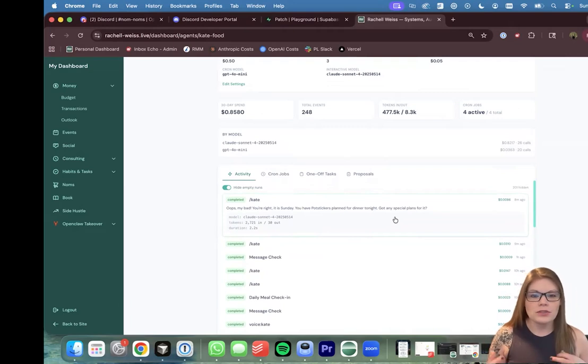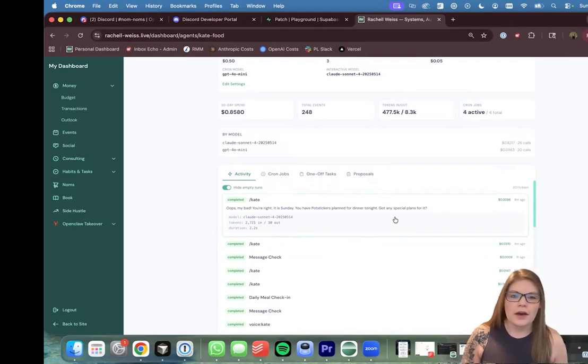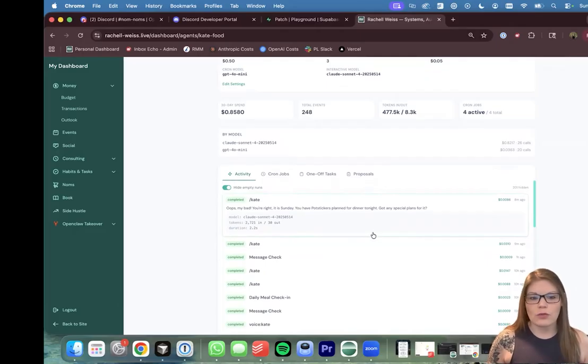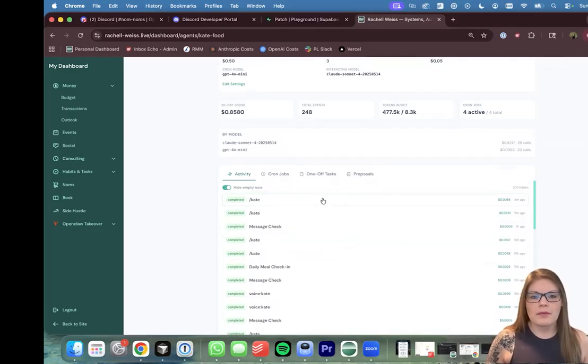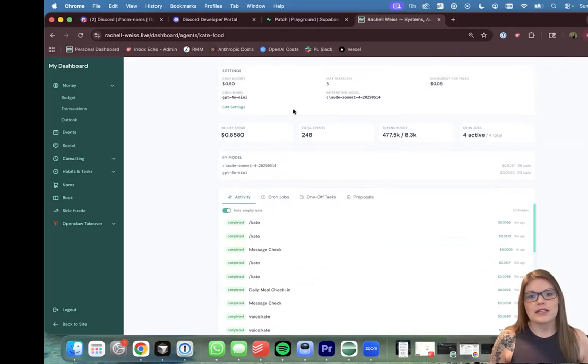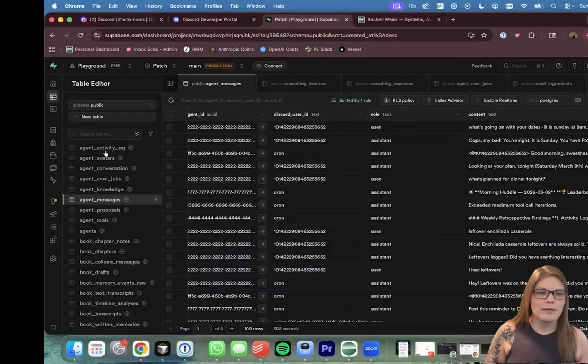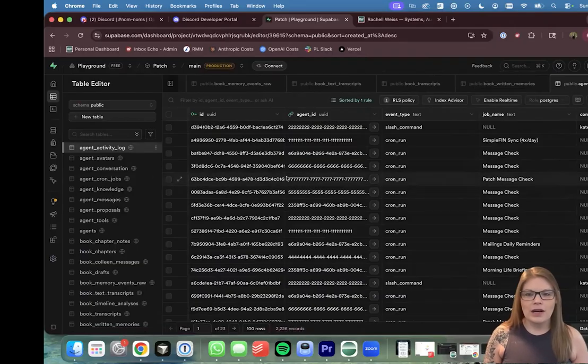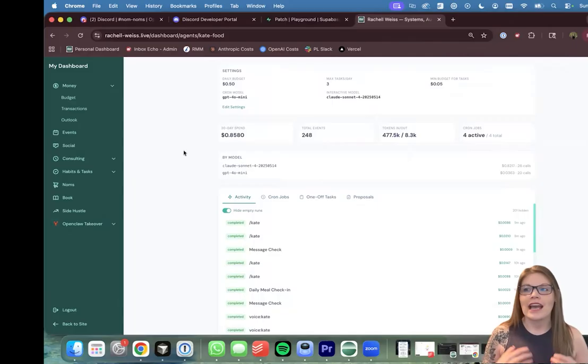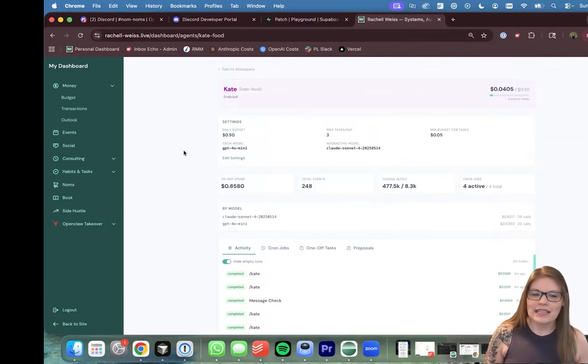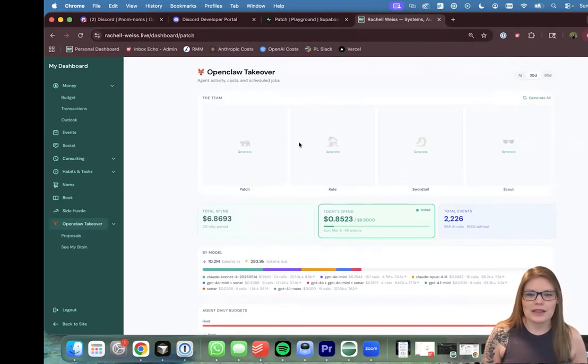And so I'm able to organize all of this, and I'm able to see the details here of what they're doing and how they're doing it. I can really dive in and see the cost of everything. The reason I have the cost is because I track what model they're using. I track tokens in, tokens out, and that all comes back to here. I have an activity log for everything they do, and I track all of that so that I am able to see here. And this is just basic database stuff and basic coding and organization of data, but it makes life really easy, and I'm able to see what they're doing.